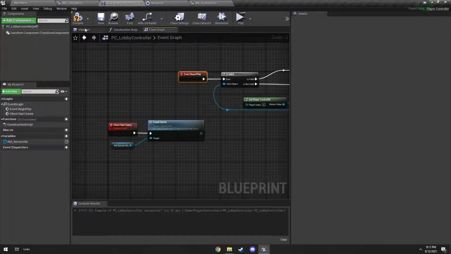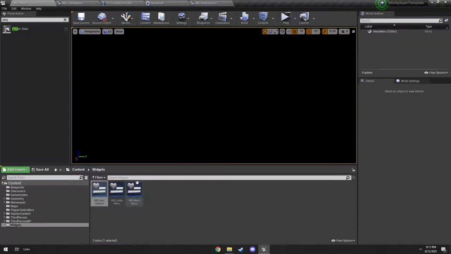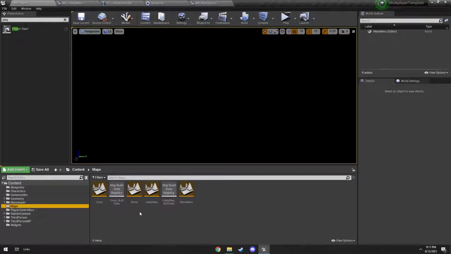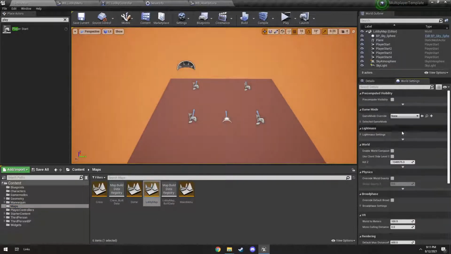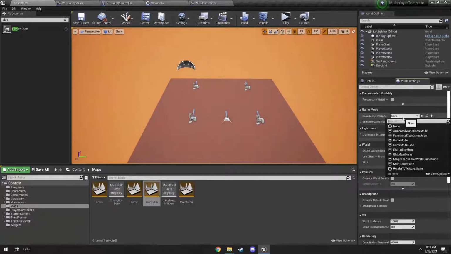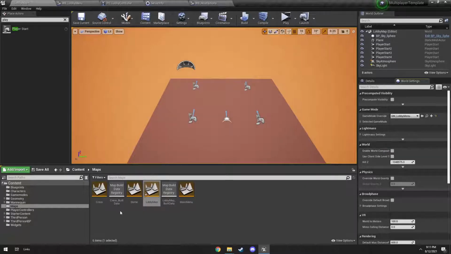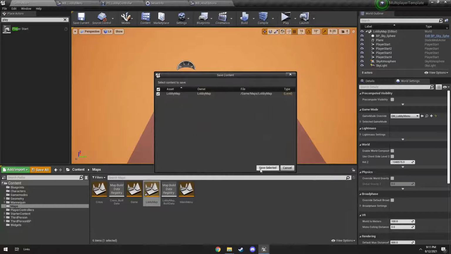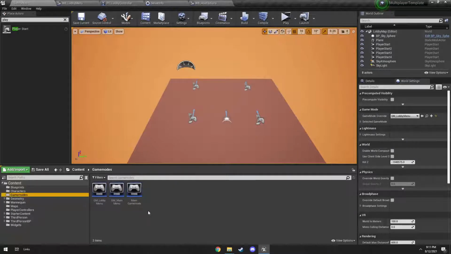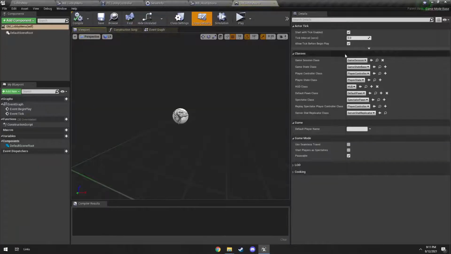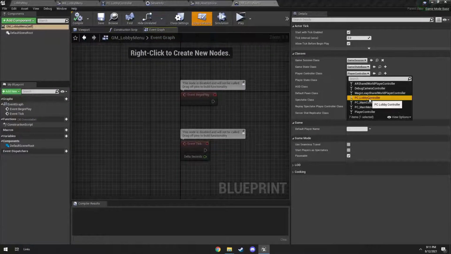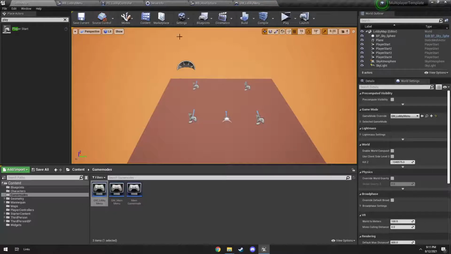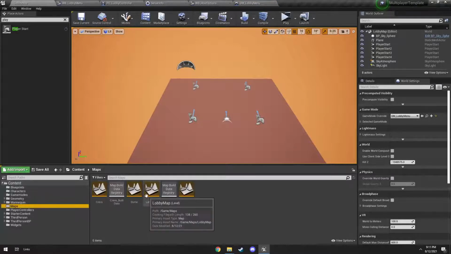And we also need to set up our game mode. That is what I forgot to do. So in the map, you need to go to your lobby map, and you need to scroll up to the top of world settings and override the game mode to the lobby menu game mode. And then in our lobby menu game mode, we need to actually set the player controller to our lobby menu player controller. So right over here, you just set it to lobby controller, and now if we go to our main menu